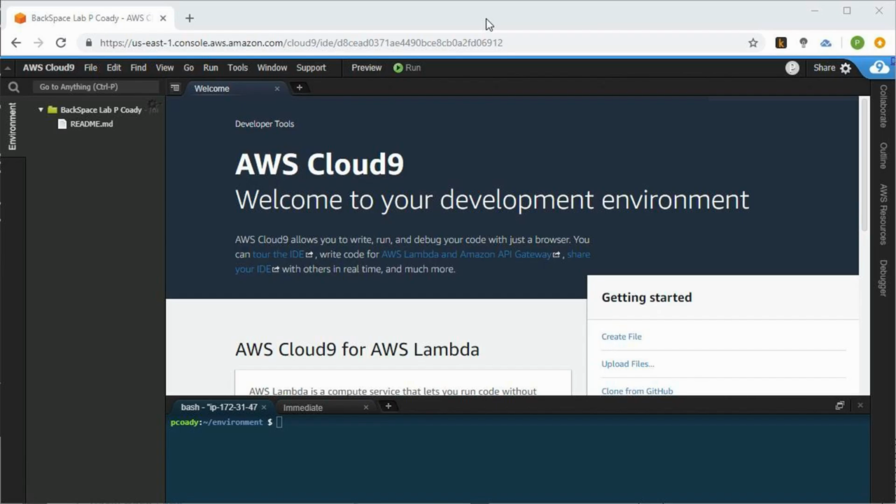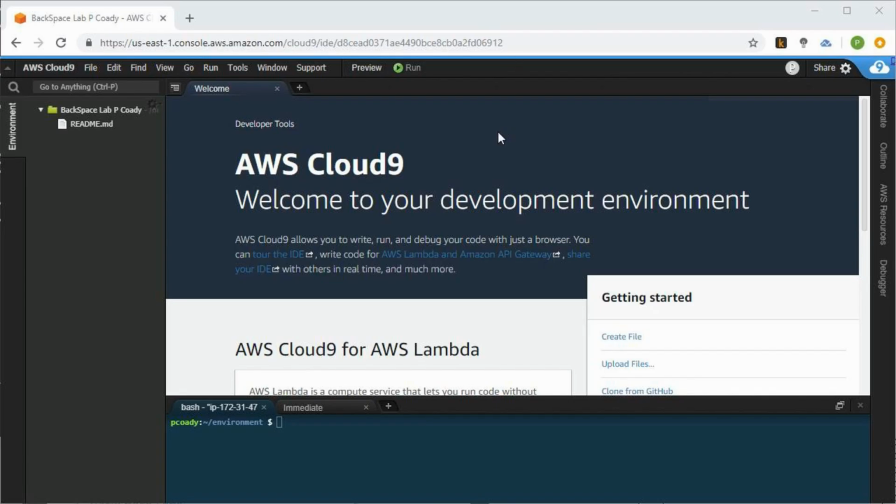So on the left-hand side there, we can see that we've got a tree view of our file structure within this EC2 instance. So that's great. We can upload files quite easily just by simply dragging and dropping them onto a form. Down the bottom there, we've got a bash screen. So that's a Linux terminal console. And from there, we can start issuing commands through our EC2 instance to the AWS service. And in the center there, we've got tabs, which will allow us to view files and modify files. So that is our editor as such.